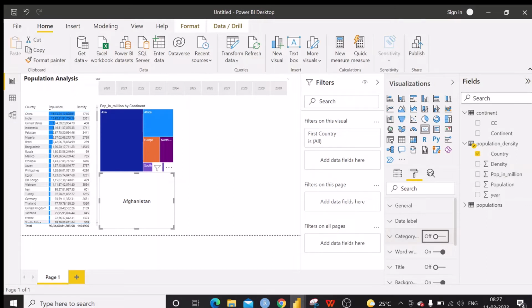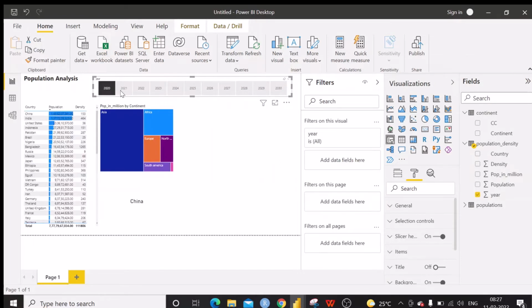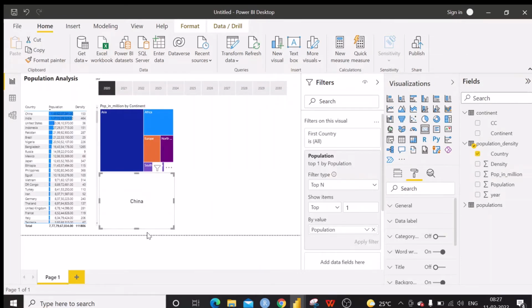So for which in this visualization, filters on this visualization, we are going to place this population, and in this drop down we will select top N, and it is 1, and by value population, apply filter. Yes, it is overall 2028 India. If it is 2020, it is China. Yes, what we have got is correct.